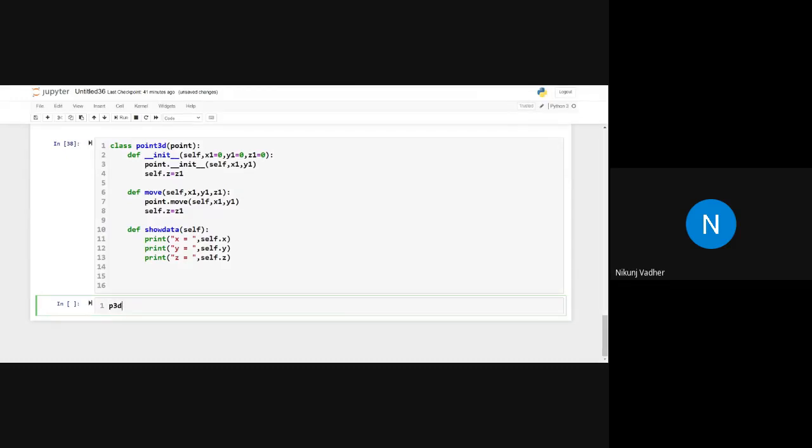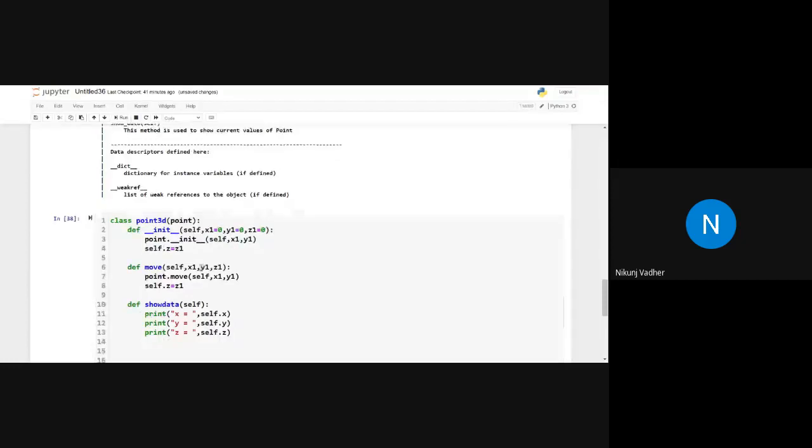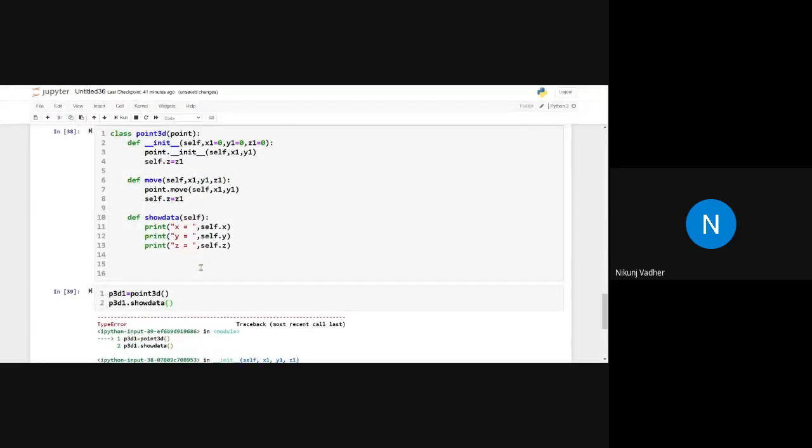Let's see that how this is working. Point 3D1 equals to point 3D, and point 3D1 dot show data. Okay, so where it is showing error, x1 y1 z1.